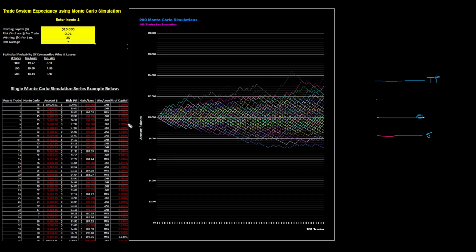And so in such a strategy, your winning percentage, let's say, is 35%, and your risk reward is 2R. If you have a 35% win rate, you might be one of the lucky few that has a bunch of winners sort of at the beginning. And then you have some losers and some drawdown, and then a bunch more winners up and through this area. And so what ends up happening, just because of the random distributions in wins and losses, you might be